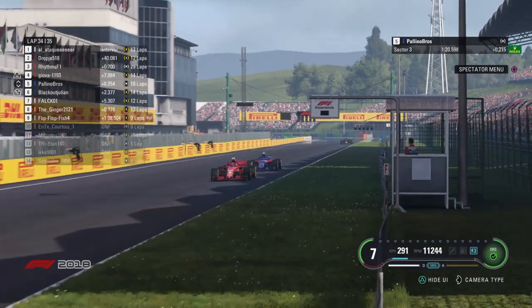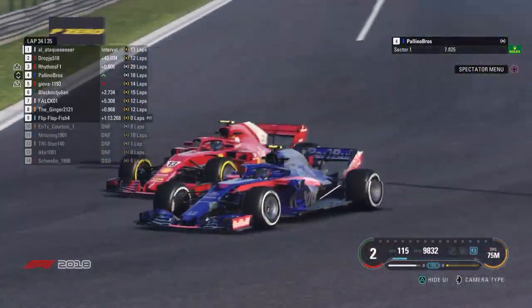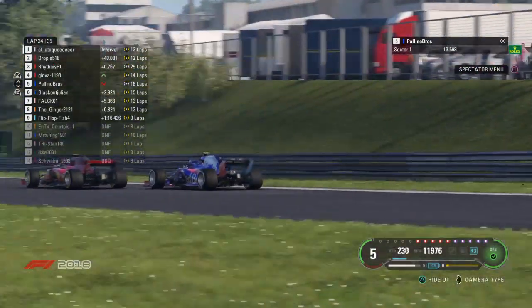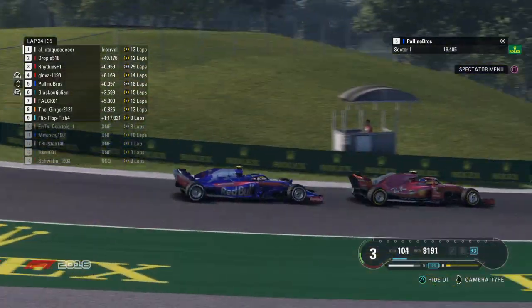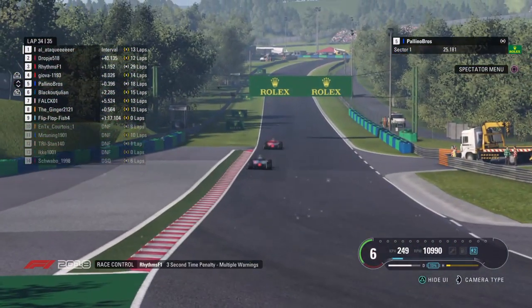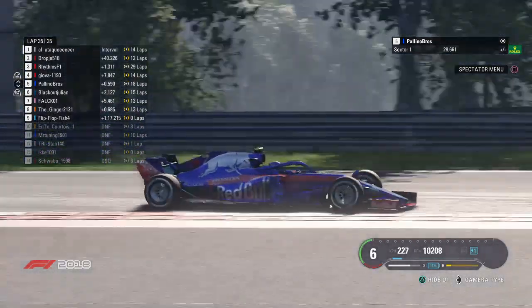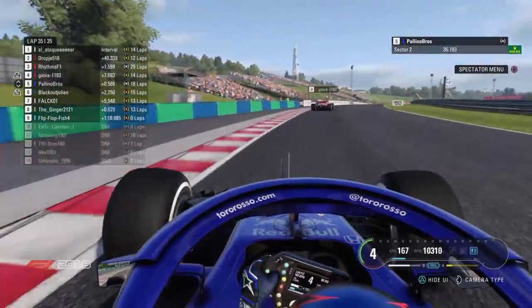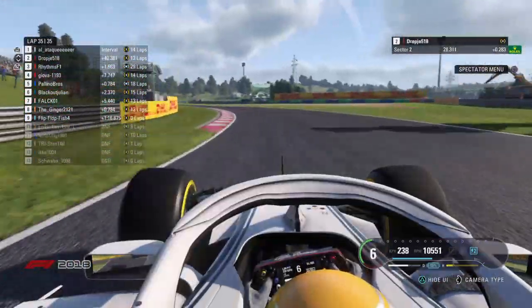And as we come in right at the perfect moment, it seems like Polino Bros is setting up a move on Giova. Giova defending the inside. What can we get from this battle as they clash together? A little bit of contact made there, while Polino Bros looks to set up another move towards the second corner, and Giova making his Ferrari the widest possible Ferrari you have seen in Hungary, just about defending that place from Polino Bros. This battle definitely spicing up towards the last lap of the race, as we have now gone towards the last lap of the race actually, as Al Atakar is now already